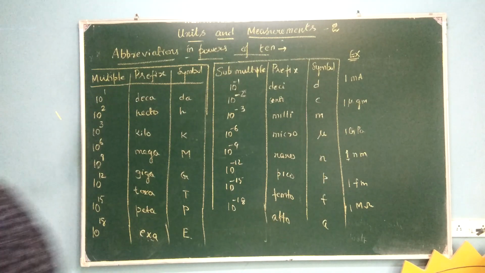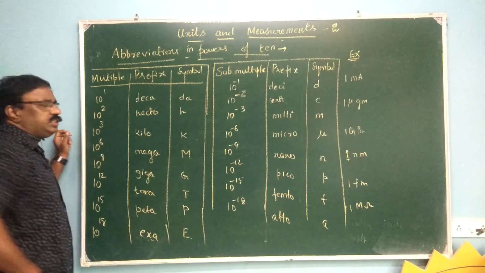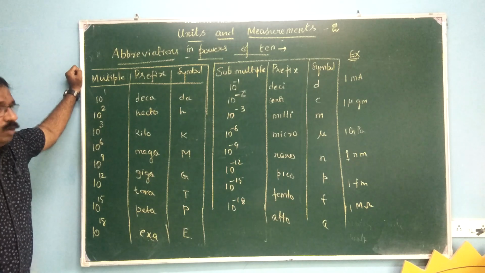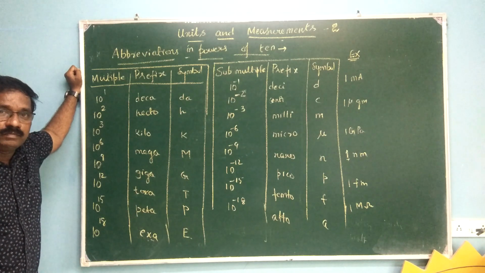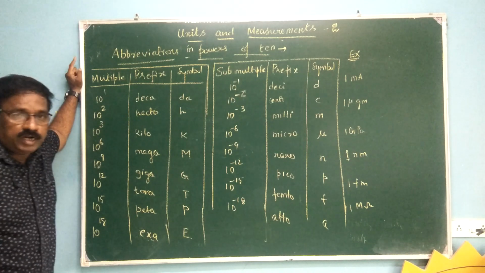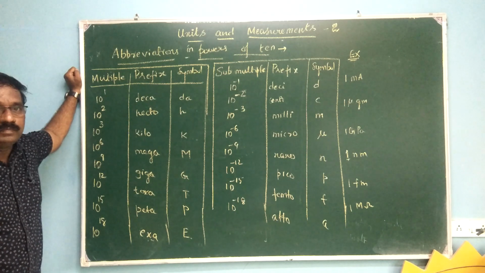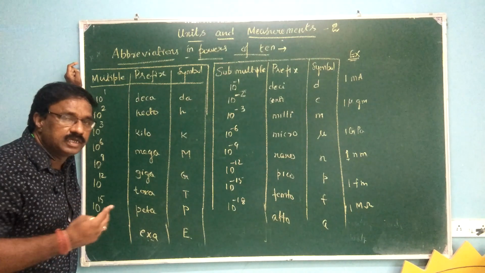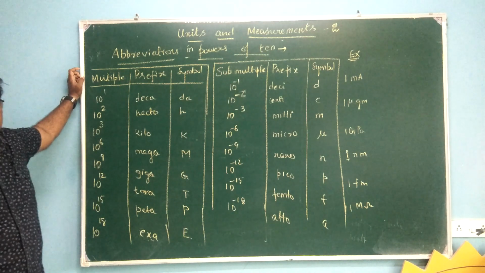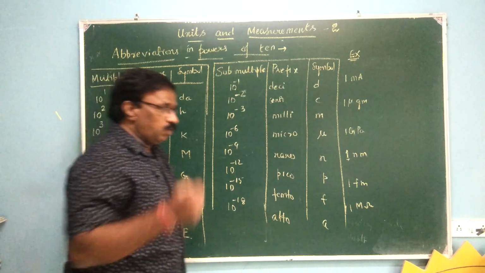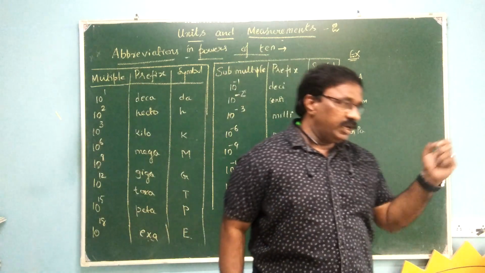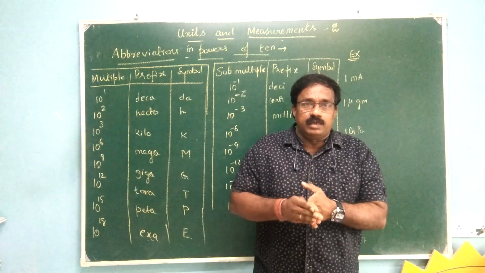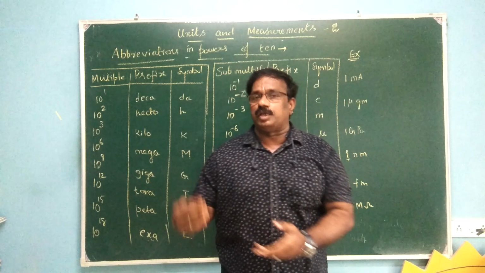Okay, now let us see abbreviations in powers of 10, which is very useful from the point of view of our numerical calculations, because with the help of this we can express the magnitudes of physical quantities that are very large or very small. It is convenient for us to express them in terms of either multiples or submultiples of SI units. Repeating once again, when the magnitudes of physical quantities are very large or very small, it is always convenient for us to express them in multiples or submultiples of SI units.